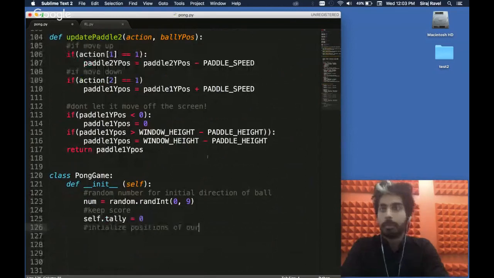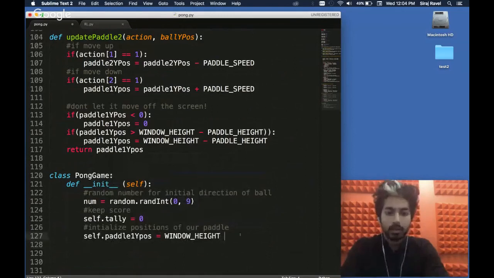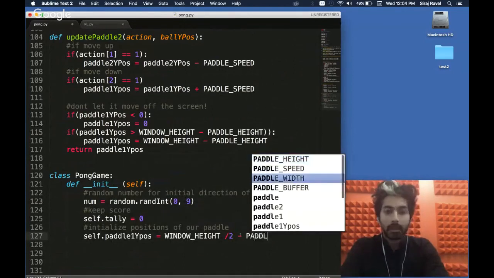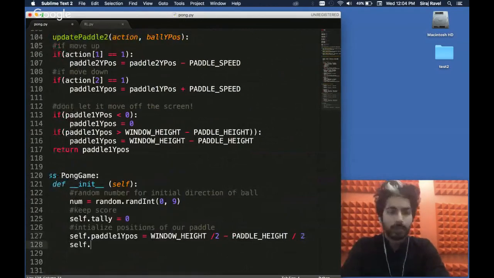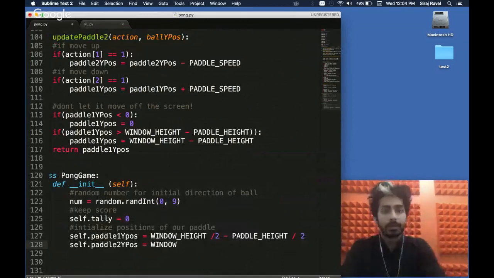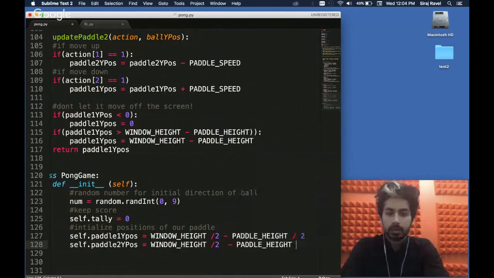So self.paddle 1 position is window height divided by 2 minus paddle height divided by 2, and the same for self.paddle 2. So it's going to start off in the middle, basically. That's why we're dividing by 2.